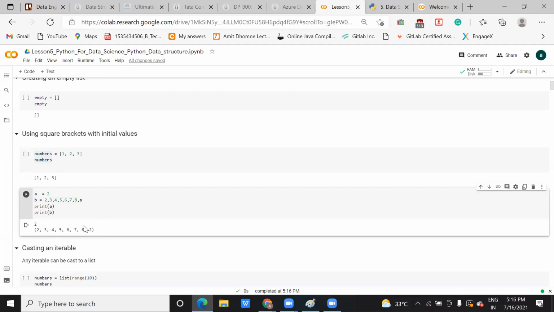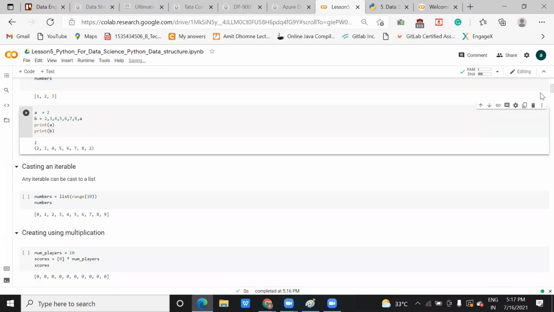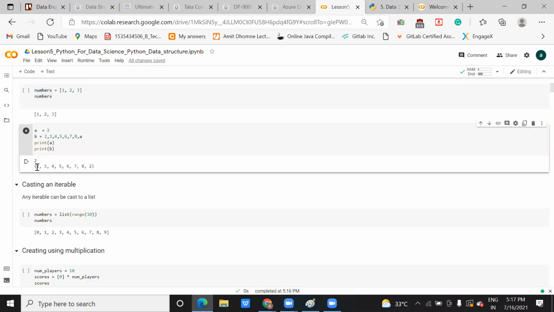But here you can see that in b you have saved this many elements. This b is holding this many elements.